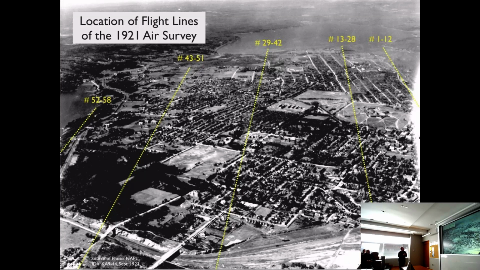But now setting the sights on Halifax, this is an oblique view of the peninsula with the flight lines superimposed. They were very rigorous in the sense that they only covered the built-up area of the city. It would have been so easy to cover the entire peninsula, but they were fairly strict. They were probably under order, being soldiers, to just cover the built-up area, and that's what they did.